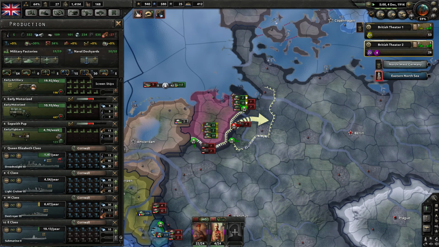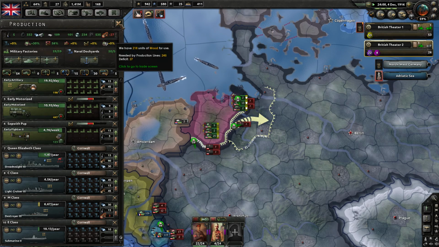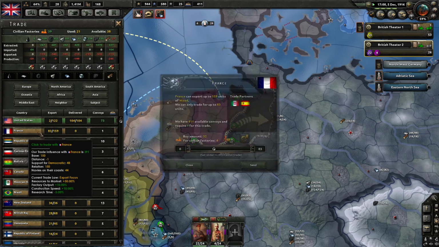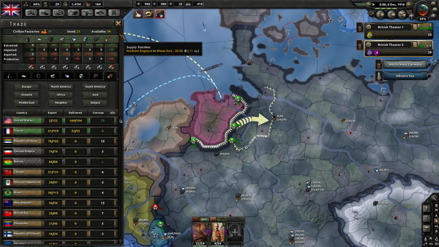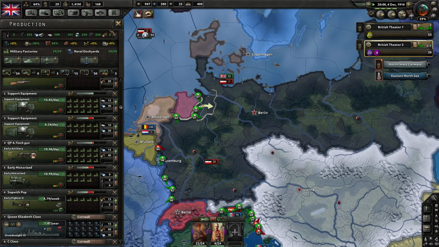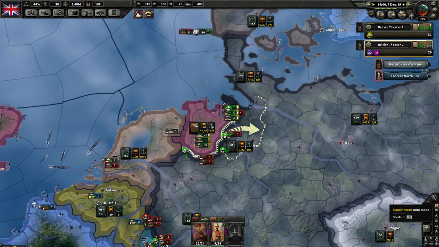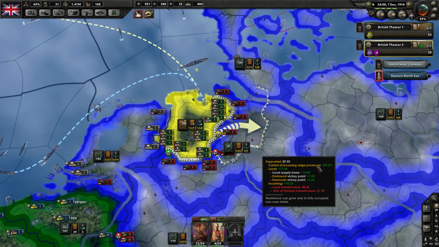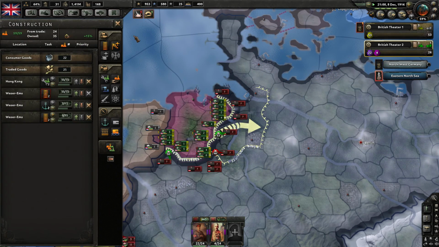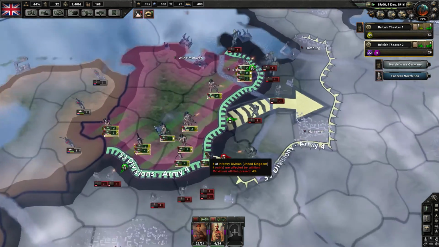Okay, so the destroyers are now back into production here, which is good. In fact, I think I want to actually trade away for the rest of that wood. So let's buy the rest here from France. Perfect. We've got all of the appropriate resources that we need. Good, good, good. How is supply going down here now? Still showing as yellow. If I go to construction...